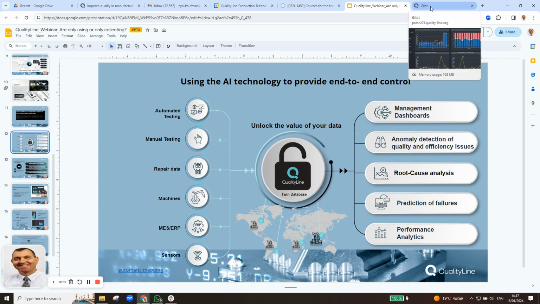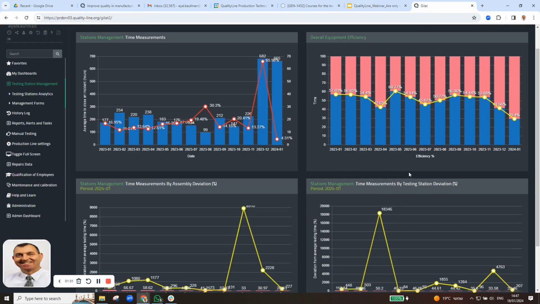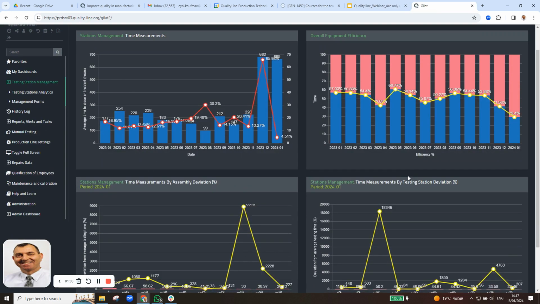Once we finish the integration process, you will get from us a very detailed and comprehensive visualization with dashboards. This dashboard will reflect to you the situation in your manufacturing process related to your overall equipment efficiency. You will get detailed analysis on the operation time and production time versus the idle time of your machine. You will also get from us indication about deviation from the required time of setting of every product in every